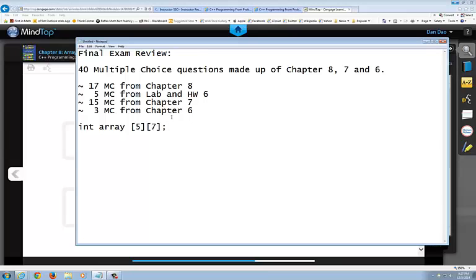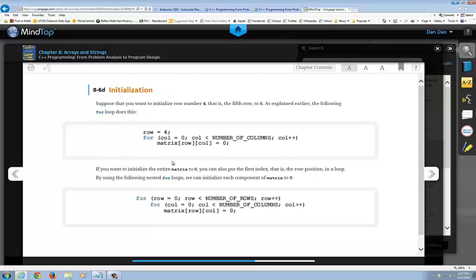Then I'm going to ask you a very similar problem: how do I process the columns and rows for this? How do I print it, or initialize it? Make sure you understand how to at least initialize this right now. Next, I want to talk to you about outputting the rows and columns for that. The next one is if you go to